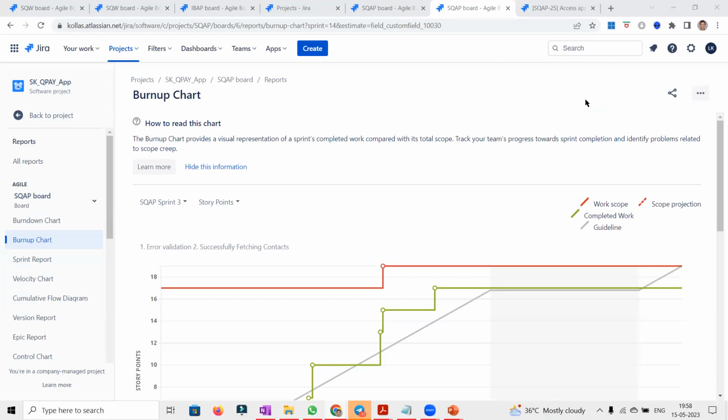It's always good to follow the burn-up chart rather than the burn-down chart because it gives more transparency to all the stakeholders. Is that correct? Sort of. Yes, to some extent. We can refer to both, but let me quickly go to